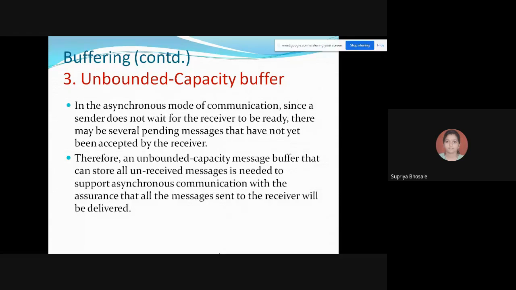So therefore, an unbounded capacity message buffer that can store all unreceived messages is needed to support asynchronous communication with the assurance that all the messages sent to the receiver will be delivered. So in this case you have to give the assurance that all the sent messages are delivered to the receiver. So this is nothing but the unbounded capacity buffer, but in practice it is hard to implement because